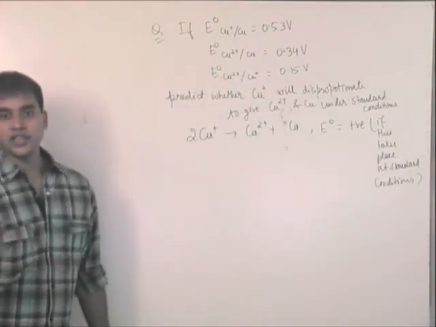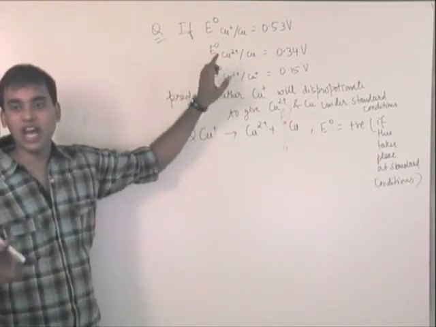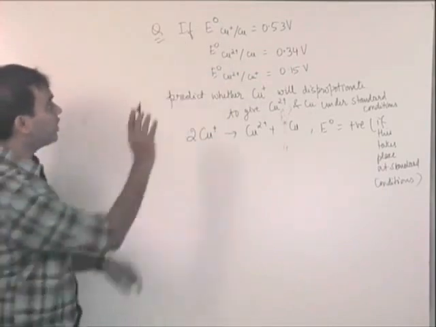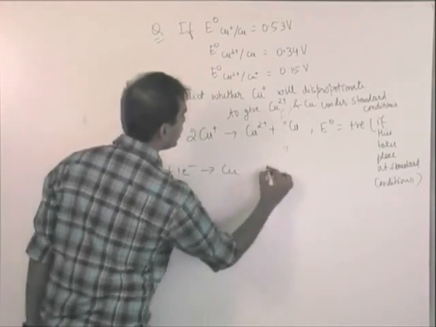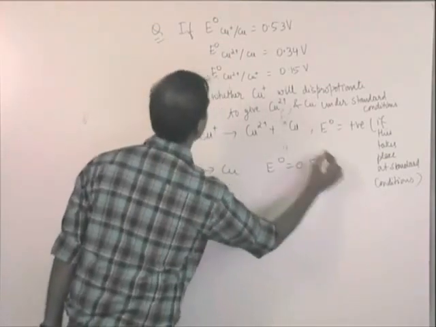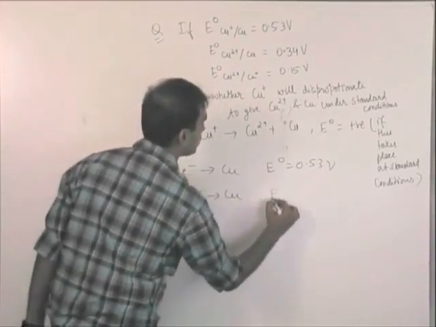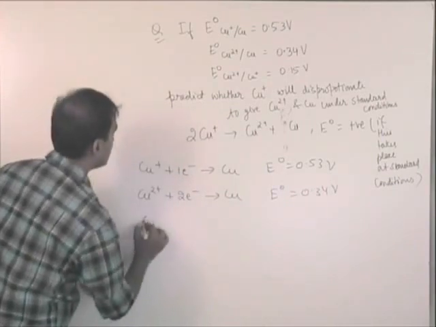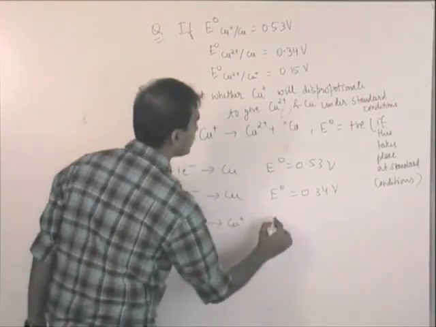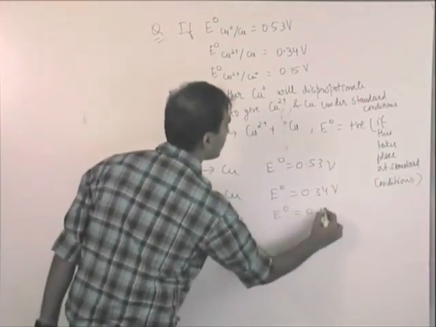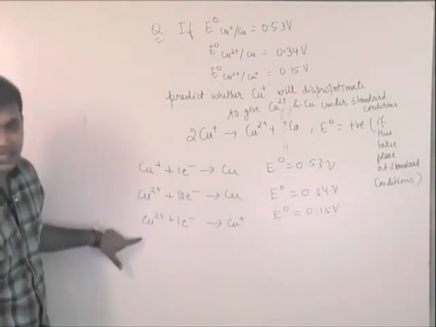See, listen. The first step is, always when you see these reactions, make it a habit of writing what is written. For example, the moment I see E naught Cu plus Cu, I write Cu plus electron gives Cu, E naught equal to 0.53. Second reaction I see, I directly write Cu2 plus 2 electron gives Cu. And third reaction, Cu2 plus electron gives me Cu plus, and for this, E naught is given to me as 0.15. I write all these equations. Now what is my target? Using these three equations, which are